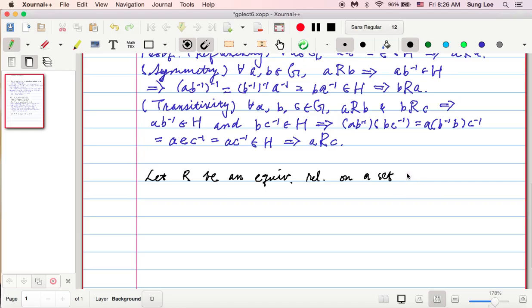There's not much you can do with an empty set. So it is a non-empty set S. And also let A, B be in S. So we define the following